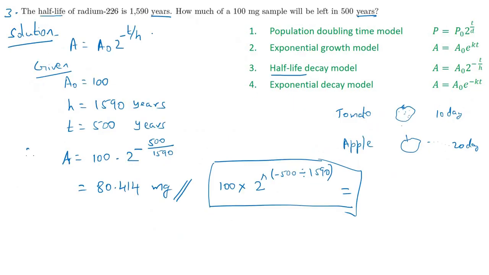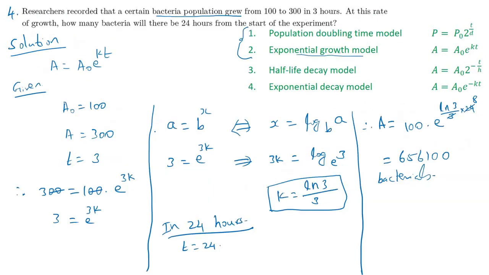In the previous problem, you created the model and directly substituted. In this problem, you create the model, calculate one intermediate value, that means the rate, and then calculate the final answer. So this is the maximum difficulty of a problem. Otherwise we will give step by step. Anyway, I wish to do one more problem.